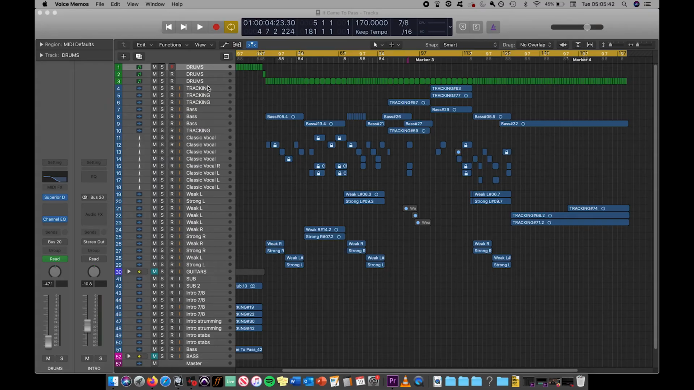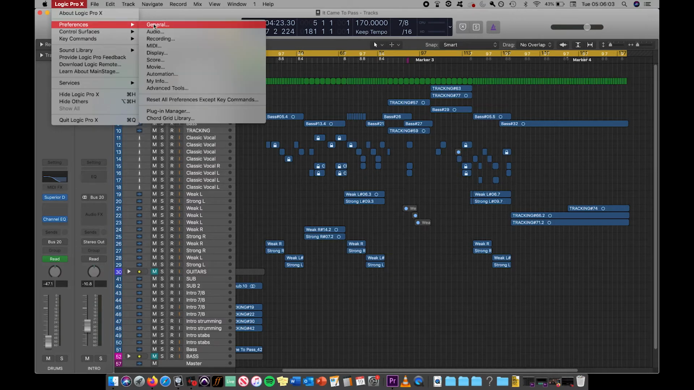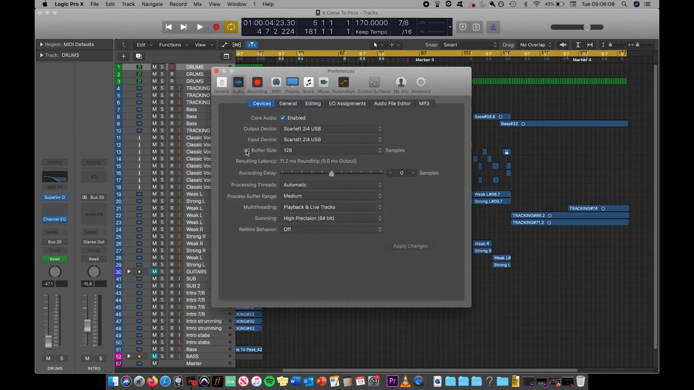So I'm not going to get into the specific details about this right now because it's quite a long topic and there's quite a lot to discuss, but I just want you to remember the settings that you need for specific tasks. So if you're recording, you want a low buffer size, and if you're mixing, you want a high buffer size. So if we go into Logic's preferences and we go into audio, you'll see the input-output buffer size here,